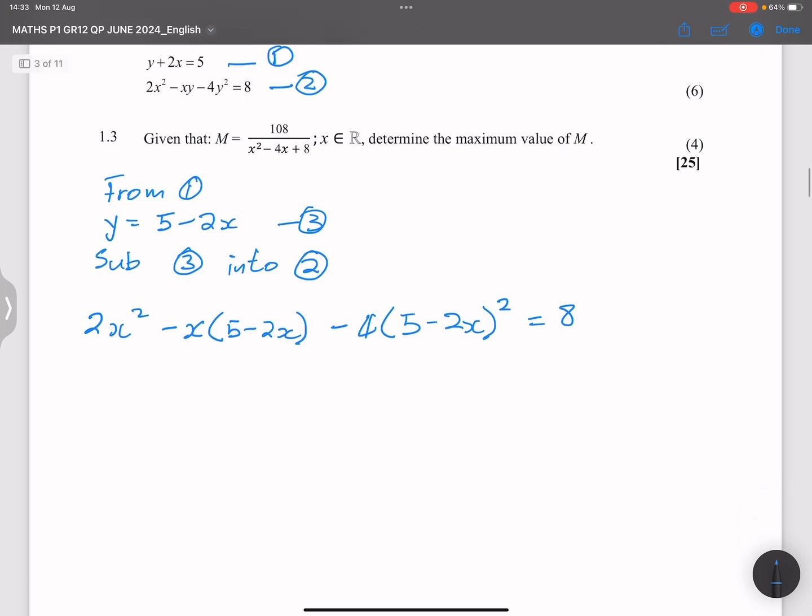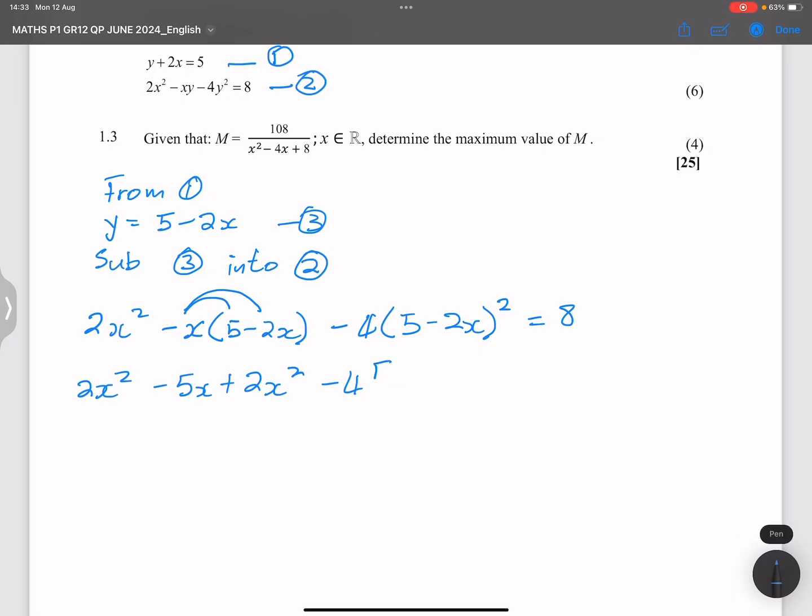Let's try and work out the value of x. So you've got 2x squared minus 5x plus 2x squared. Remember that's negative x times 5, that's minus 5x. That's negative x times negative 2x, that gives us positive 2x squared. So this is going to be minus 4,